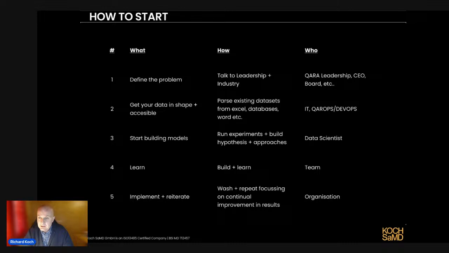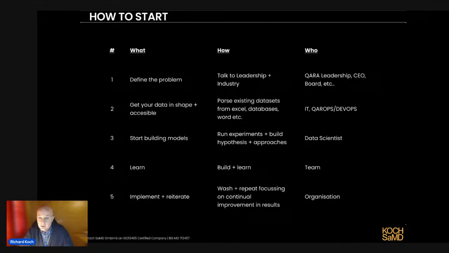There's a whole bunch of questions you could ask. Why do I keep getting quality problems? And look at the whole design and development process, from your requirements all the way through to production, customer feedback, and try and find out what's going on there, right? And just throw that data at it.